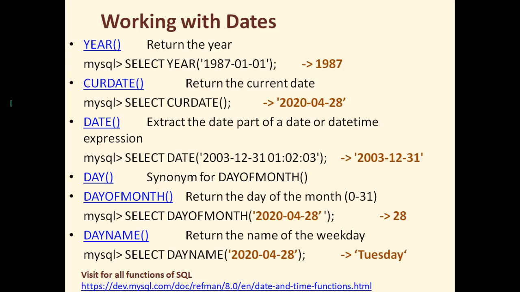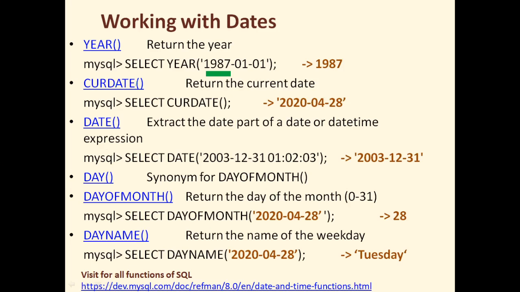The very first function is the year function. The year function returns the year from a given date. As you can see here, a date is provided in the argument, and when written select year, it gives only the year as an output. Okay, so let me just clear this. It is becoming a small mess. I am erasing. Fine. So this 1987 year has been extracted using the year function.